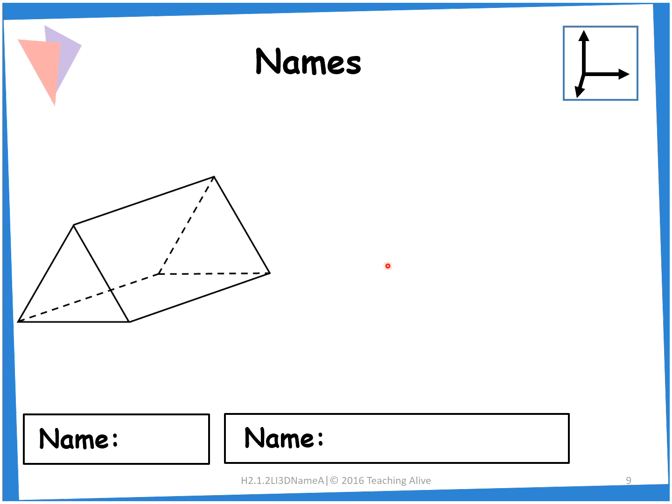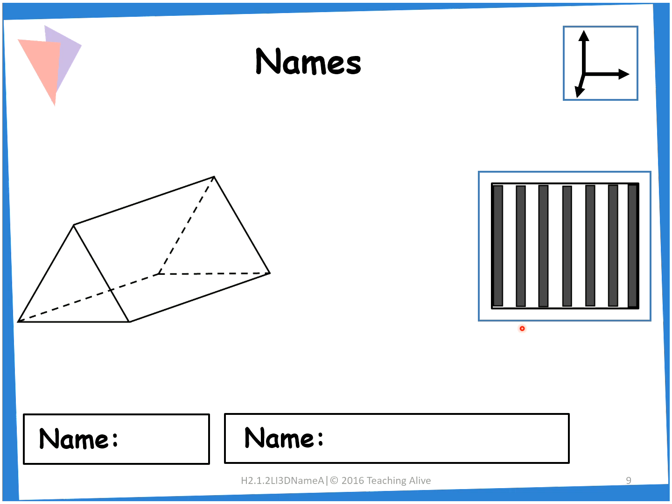Now we move on to a different category of 3D shapes after our two pyramids. We need to think of this shape as a prison, and you can pretend to hold prison bars like you're trapped. It's a prison, so you can think of prisoners being trapped in the center of this 3D shape. But it's not known as a prison, it's known as a prism, spelt